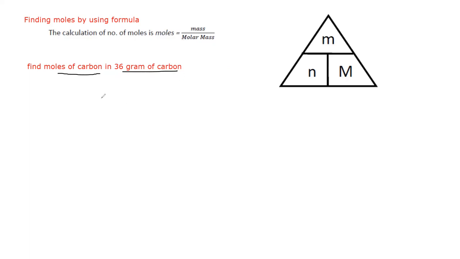That's a question. So you have the formula: moles equal mass in gram divided by molar mass. What is the meaning of molar mass? Molar mass is the atomic mass or molecular mass. If substance is an atom, it will be atomic mass. If substance is a molecule, then it will be a molecular mass. So we have to find moles in 36 gram of carbon. The formula: moles equal mass in gram divided by